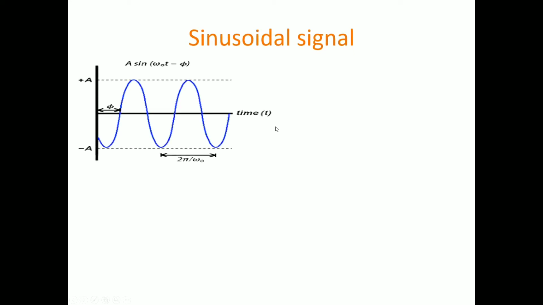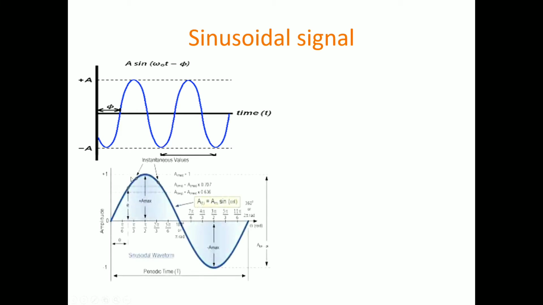And another one is the simple sinusoidal signal. This is a sinusoidal signal, A sin omega naught t plus pi. A is the amplitude of the signal, omega naught is the angular frequency, t is the time. This is the time period of the signal, capital T equal to 2 pi by omega naught. We have already discussed what the sinusoidal signal is, how the amplitude and time period are represented, in the first video of signals and systems.